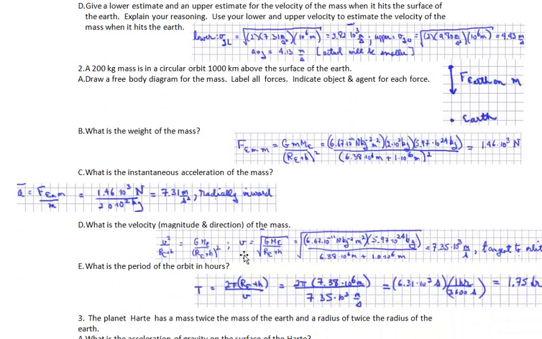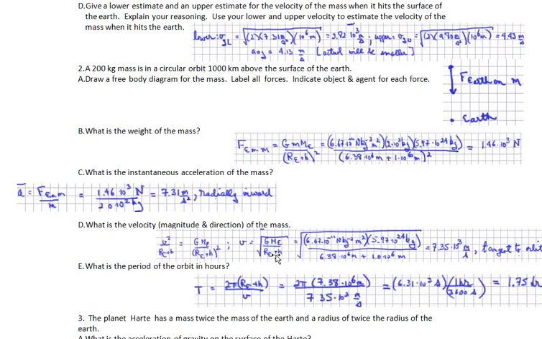What's the velocity, magnitude, and direction? Well, we know that v squared over the radius is going to be equal to big G times the mass of the Earth divided by the radius from the center of the Earth squared. And so in each case, this is the Earth radius plus the height above the surface of the Earth, and ditto for this. And we can solve this for V, in which case we get this equation: square root of